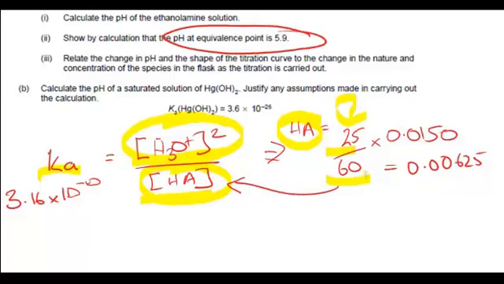So the total volume is 60 mils. So 25 over 60 times 0.015, which was the concentration of the base, gives us what the concentration of the conjugate acid would be after it's been diluted, which is 0.00625 moles per litre. Now if we put that into the calculation, we multiply that by Ka and take the square root,